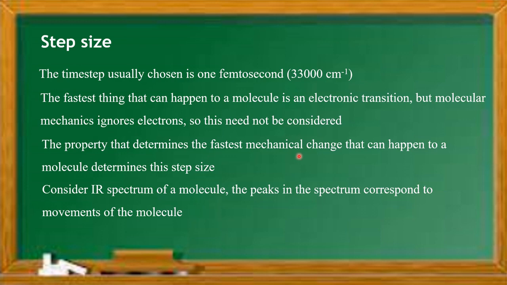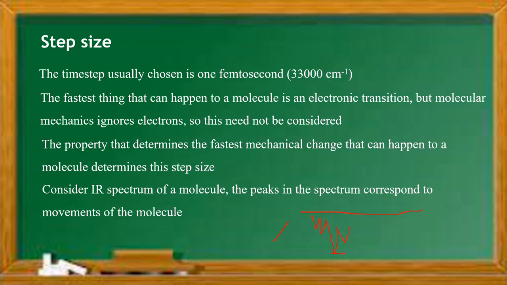What is the mechanical change that can happen to a molecule? For example, consider the IR spectrum of a molecule. In an IR spectrum we get different peaks like this, and each peak corresponds to a